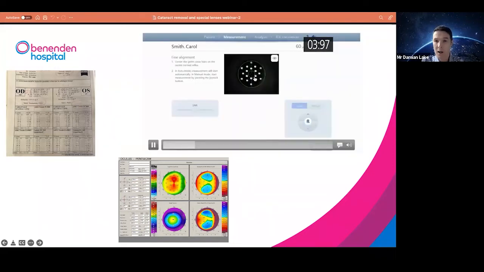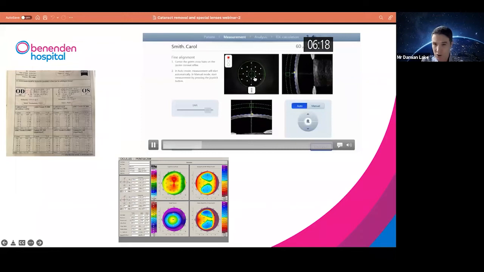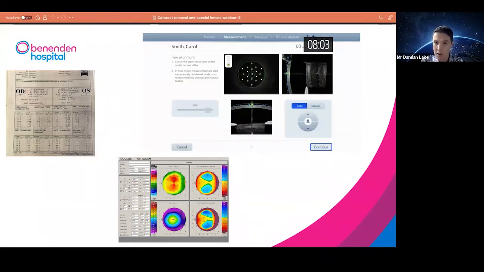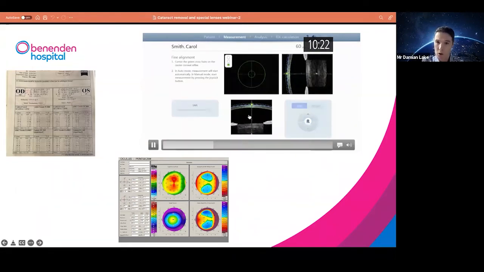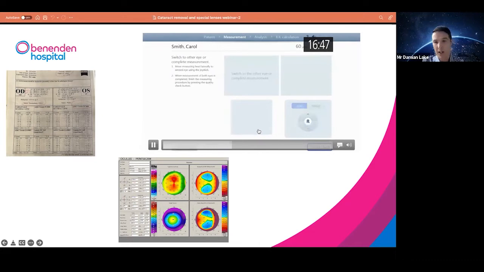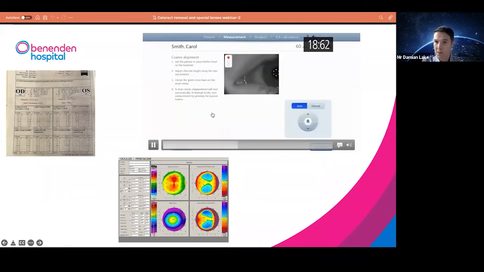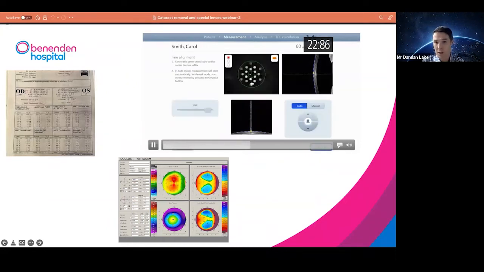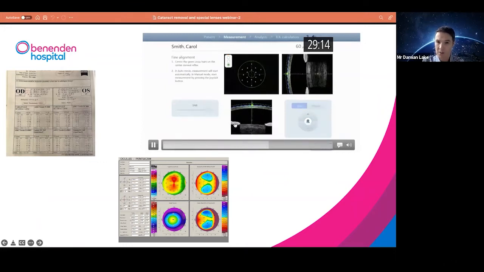So you can see the eye up here, and it's projecting dots onto the surface to measure the curvature. You can see the front chamber of the eye here. This is the pupil. This is the lens or the cataract when it's gone clouded. So that's all the first measurements done in under 20 seconds. We then move on to the other eye. This is all done automatically. Again, measuring the curvature of the eye. This is the front chamber of the eye. This is the cataract. This is the pupil.